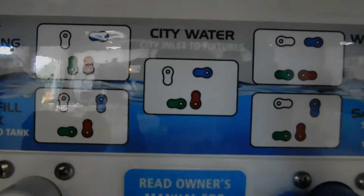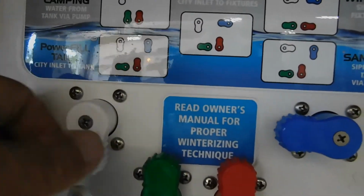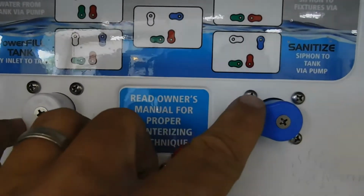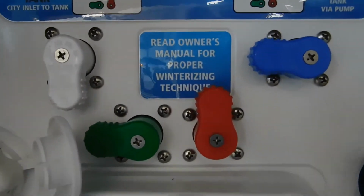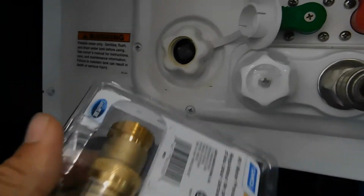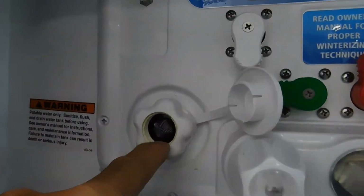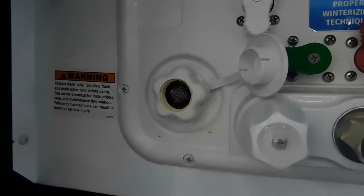So we're going city water. White down, green left, red up, blue in. Hook up our city water. Hook up your water pressure regulator and then plug into your city water. Now before turning on your water,